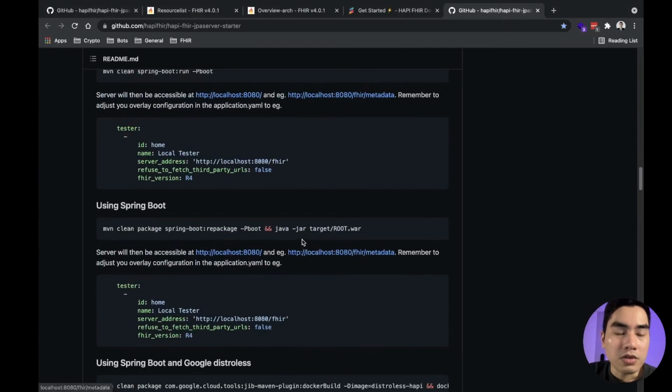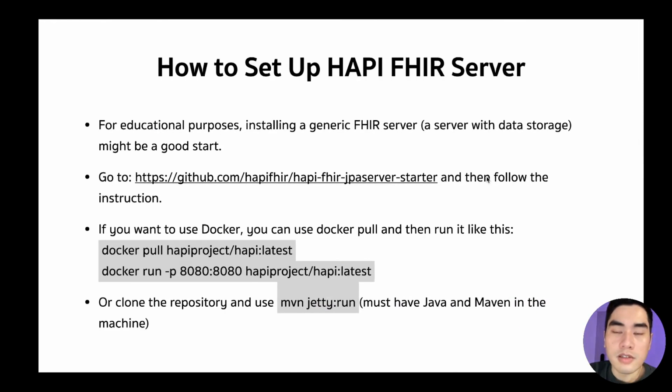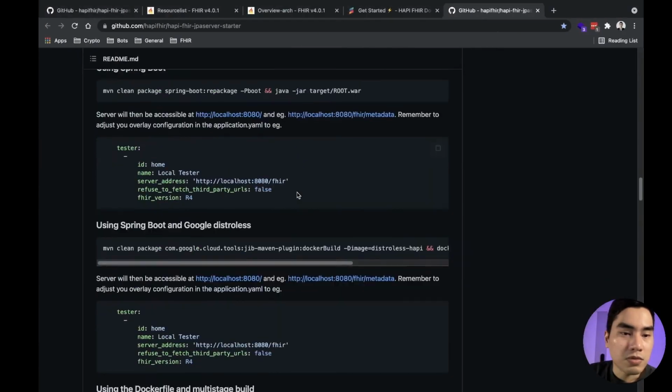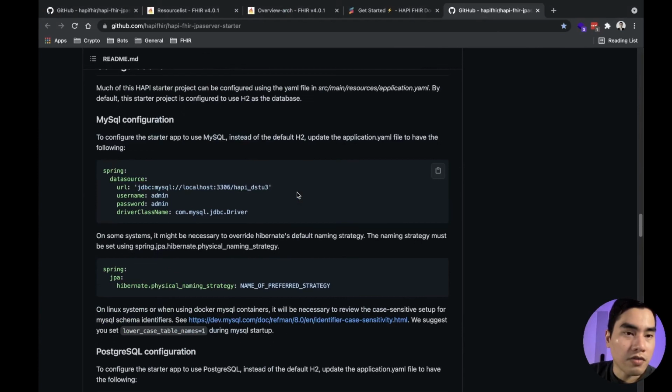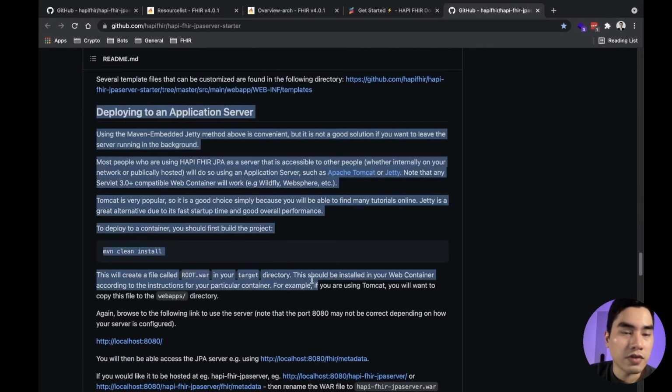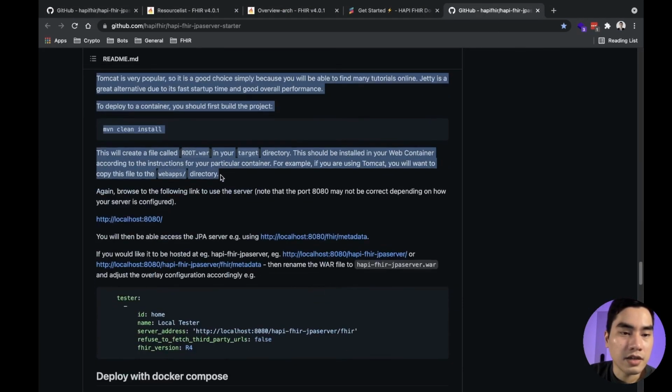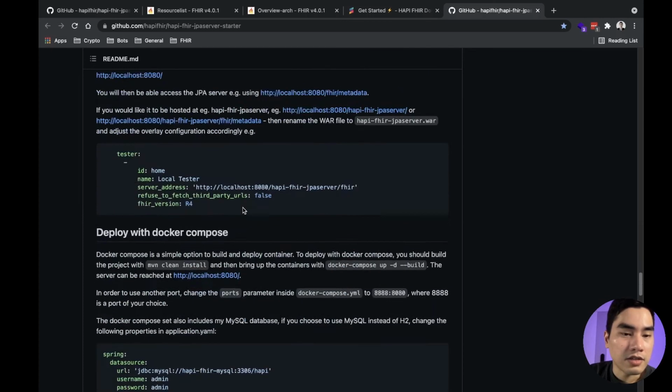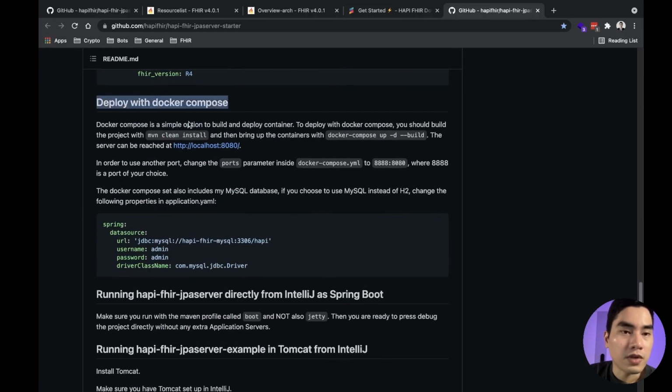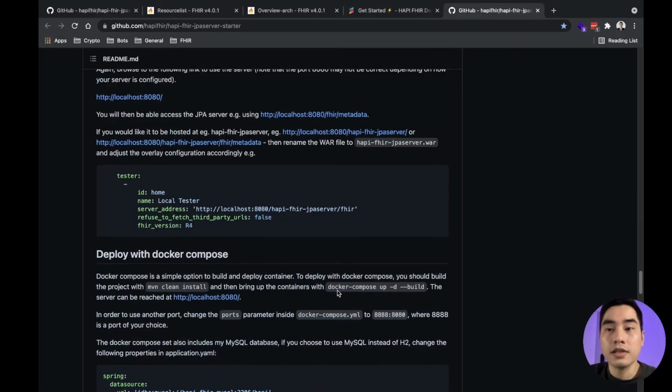But if you want to have a server for other people to use, like the one that I shared with you in the class, you have to build it and deploy it first. You can follow the instruction here. Maven clean install or deploy it with Docker Compose, this one.